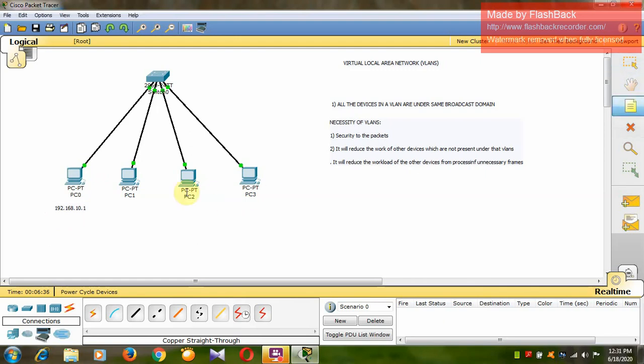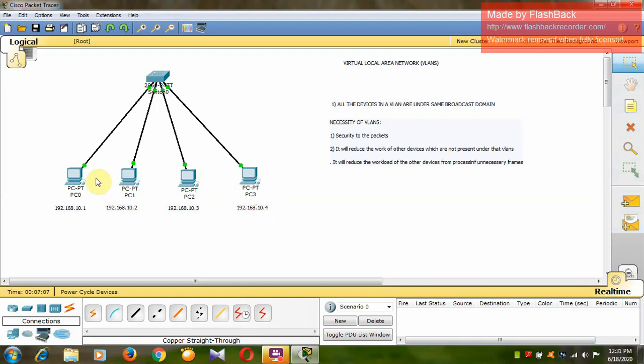Similarly, I will assume this PC as 192.168.10.2, this one has 192.168.10.3, and this PC has 192.168.10.4. So let me assume these four IP addresses for the PCs.